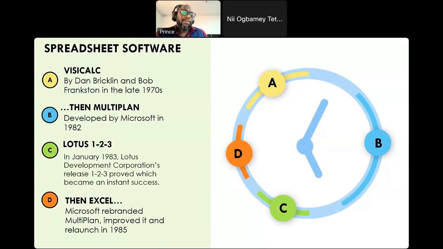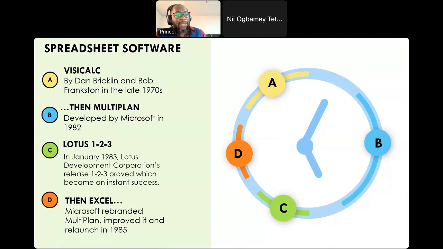That was from Dan Bricklin and Bob Frankston. They came up with the very first spreadsheet software, which they called VisiCalc. Then in 1982, Microsoft came up with their very first spreadsheet, and they called it Multiplan.